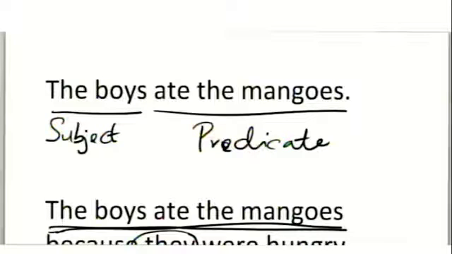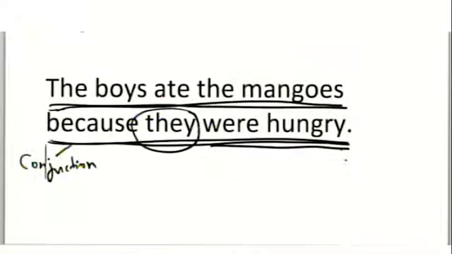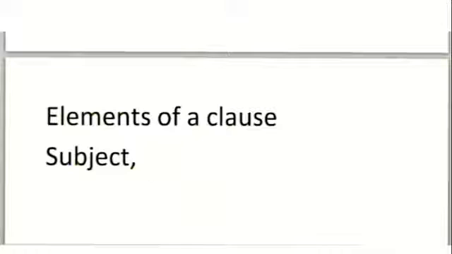We have ate. It is what? A verb. And then we have another noun phrase, but that is what? An object. So we have a subject, a verb, and then an object. So from our examples, we know that the clause is made up of a subject, a verb, an object,